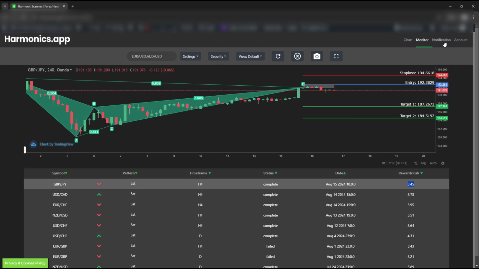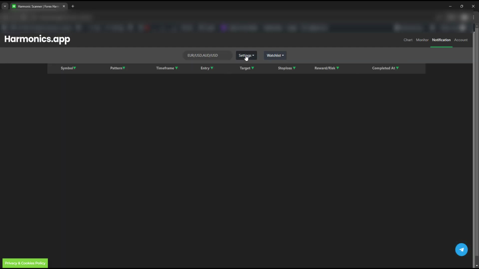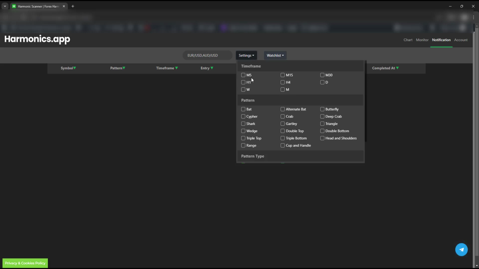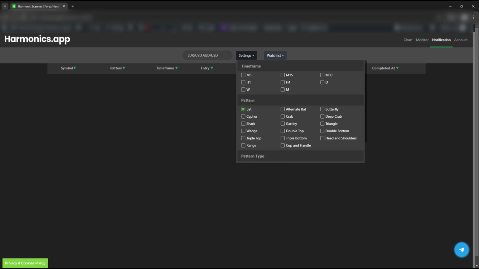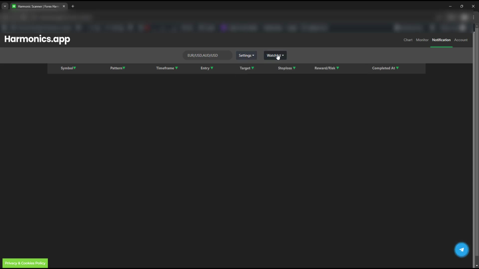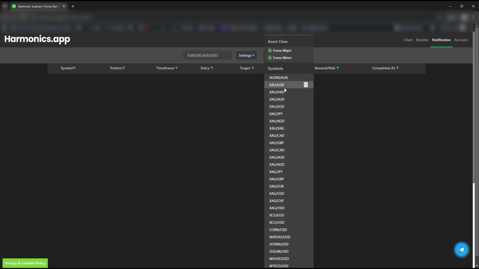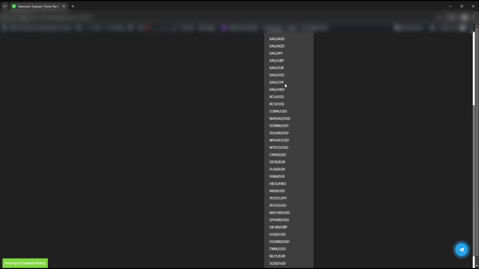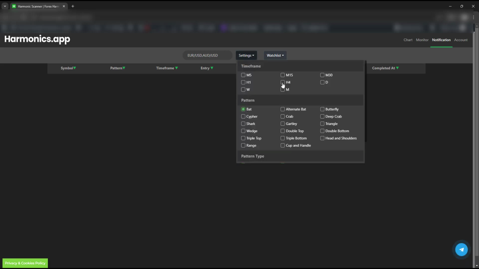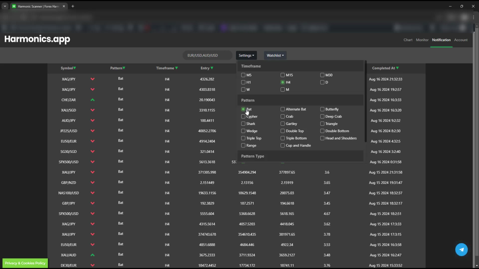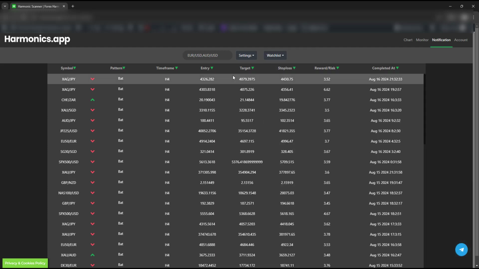Then you have here a notification window where you select which one of the patterns and also time frames you would like to get. So for example, if I select a pattern, and on the watch list I have selected many of these symbols I would like to check. So whenever there is, for example, a bat pattern, for example, let's select the 4-hour time frame. Whenever there is a bat pattern formed on the 4-hour time frame on all these symbols, I will get a notification